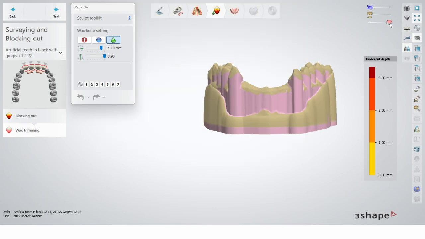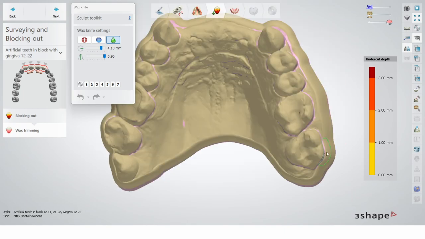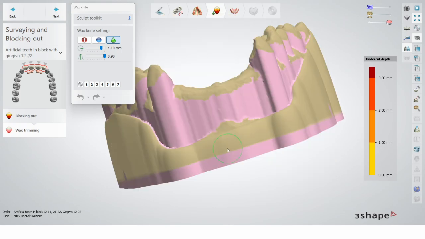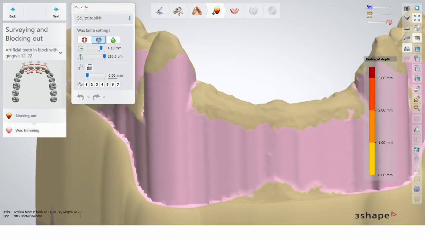I can show you now. You can see the wax now appears on the right side. I can put in transparency, and well, that is wrong. That is a bit too much. If we design a denture with this blockout, I can promise you there will be no retention at all. So we get our wax knife, we click the minus, and here as well, if you leave the cursor on top, it tells you the shortcuts, the radius, for example, with shift and mouse wheel.